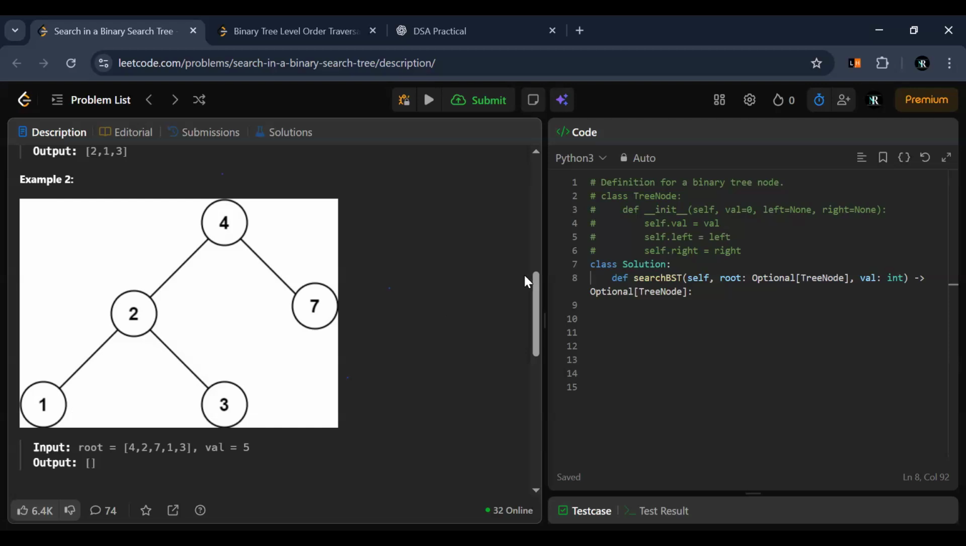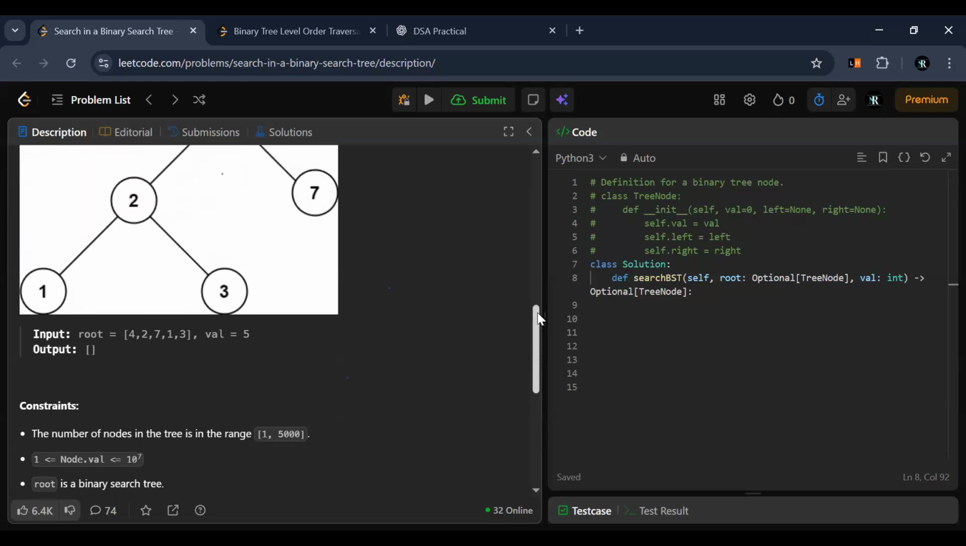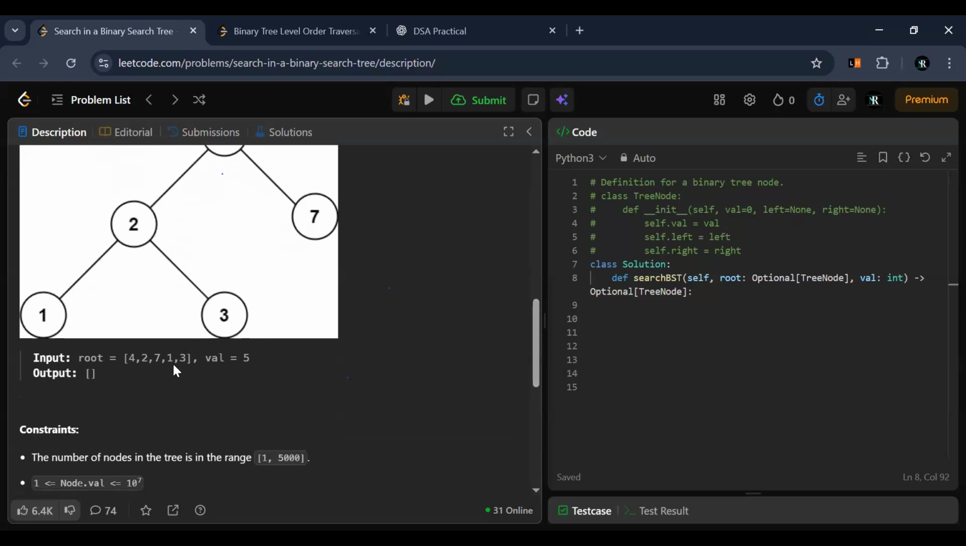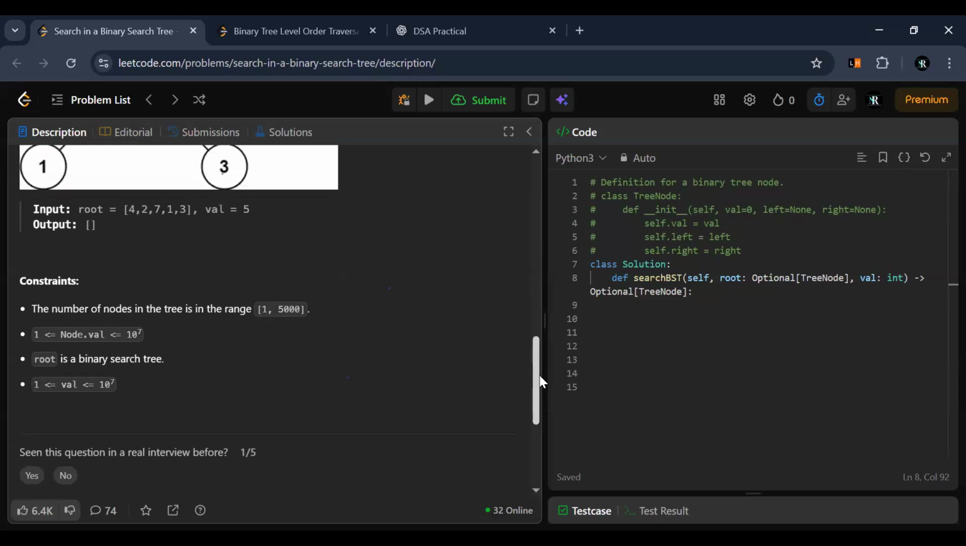और इसी तरह एक और केस है, दिया हुआ तो नहीं है, लेकिन अगर रूट एम्प्टी है, तो ऑफ कोर्स फिर भी हम एम्प्टी लिस्ट रिटर्न करवा देंगे। और कुछ कॉन्स्ट्रेंट्स हैं कि नंबर ऑफ नोड्स 1 से 5000 हो सकते हैं, और वैल्यूज 10 रेज टू पावर 7 तक हो सकती हैं। और बाइनरी सर्च ट्री है, और आगे फिर वैल्यूज का ही बताया हुआ है।